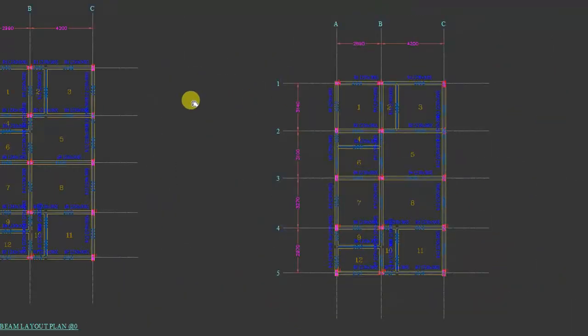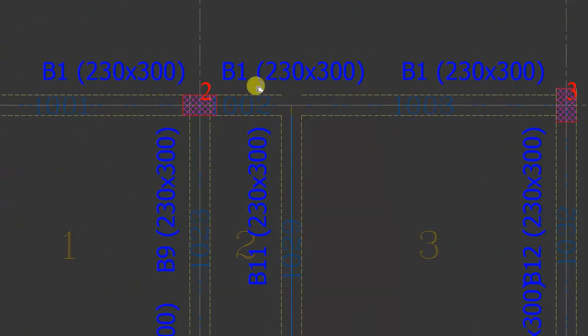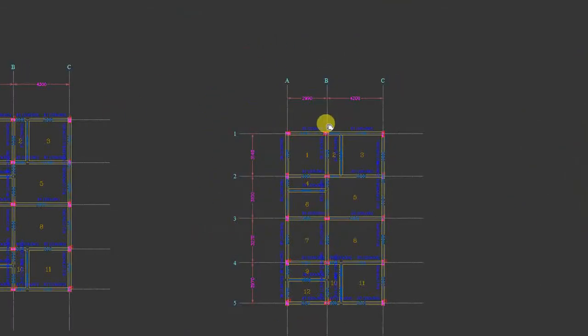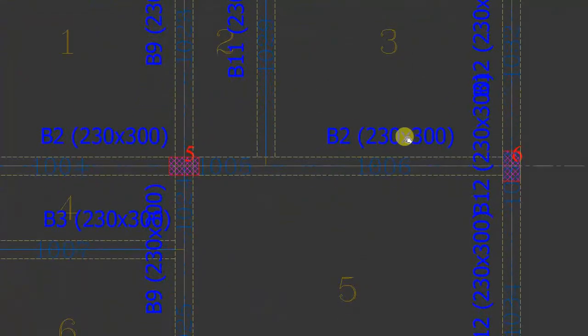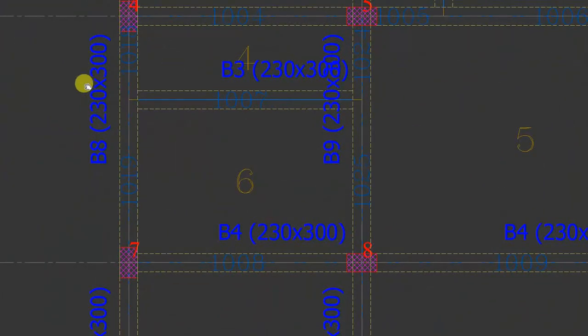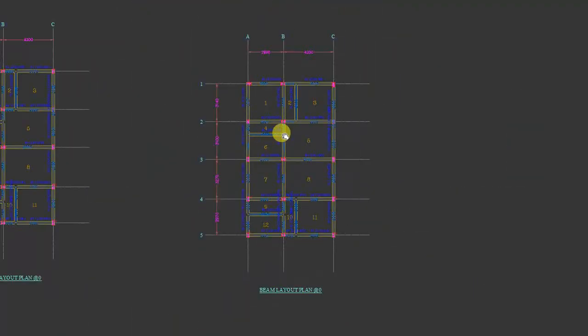Previously it was displayed B1 number 2 times in one span. Now it was clubbed and displayed at one place. This will group as per Excel file for remaining members also. It will calculate 1/4 span as per group member entry. Like this, it will generate plinth beam layout plan in large scale of projects within a short time.